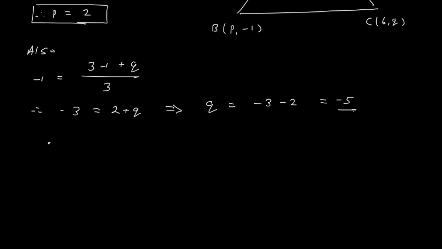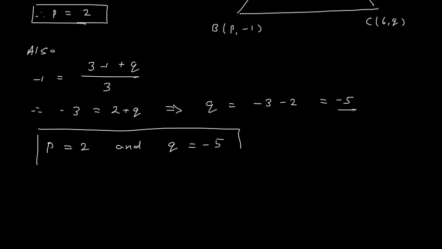Okay, so thus we have finished this chapter. Now this chapter is divided in two parts. In the first part we have seen the distance formula, and in the second part we have seen the section formula. In section formula we have seen the section formula, midpoint formula and centroid formula, right? And the concept is super duper easy.